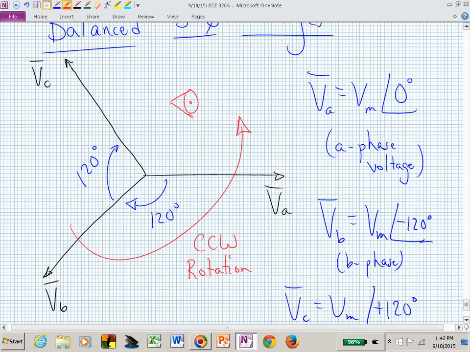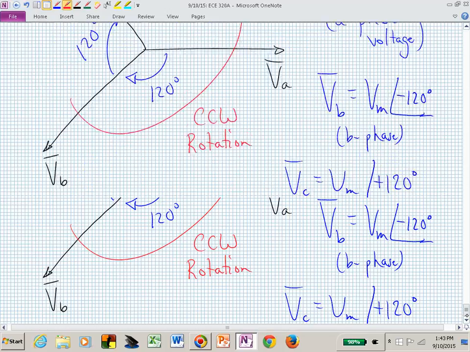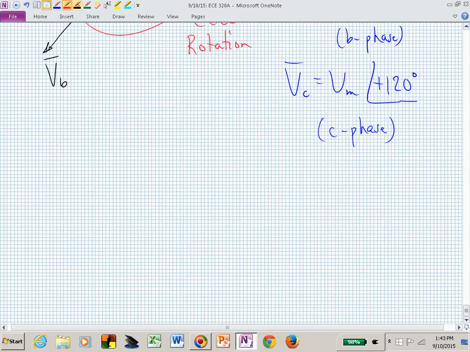And hopefully it's not a blade, because you'd have to be pretty fast to be jumping at 60 hertz. Well, the whole thing is spinning 60, so that's now 30, or 3 times faster than that, right? Let's play jump rope. It's much faster than you would be jumping rope, right? But which phase do you see first? A, then which one? B, C. A, B, C. This is the positive phase sequence, and I hope you can anticipate what the negative phase sequence is going to look like. This is now the positive phase sequence,